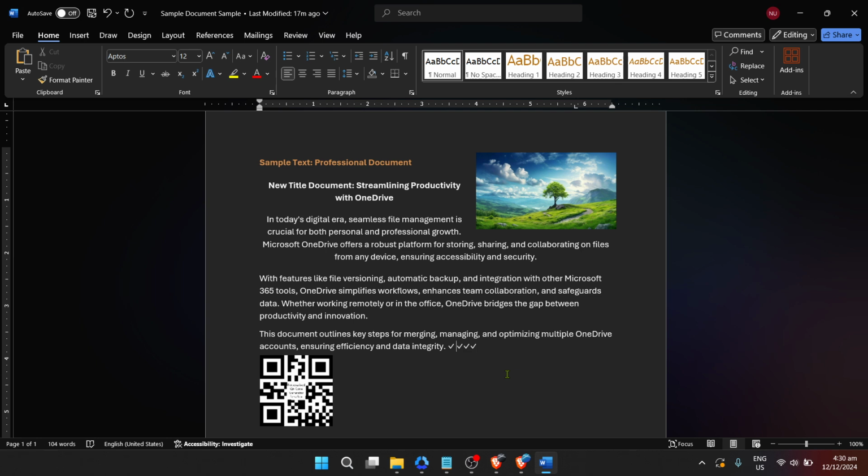Remember, the theme you select sets the stage for your content, so choose wisely. At this point, you're well equipped to refresh your documents with new themes anytime. It's a simple step that can wholly transform the visual appeal of your work, making it not just more professional, but also more personalized. And the best part, you can always change it up whenever you like, ensuring your documents never grow stale.